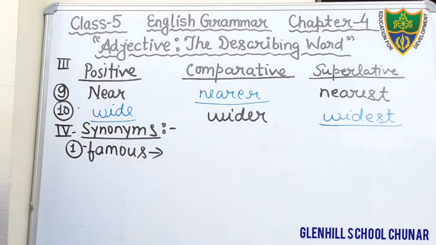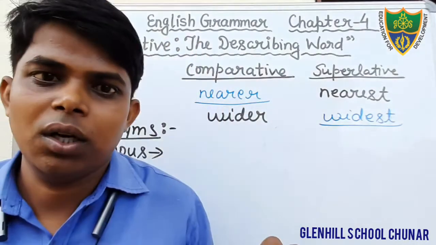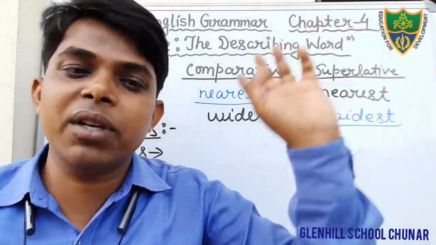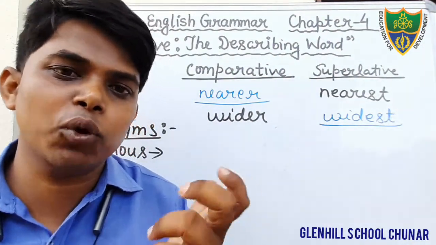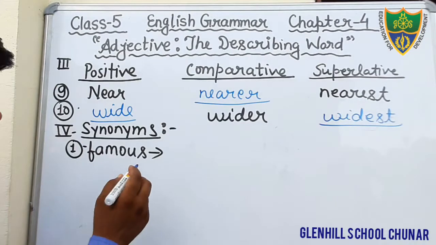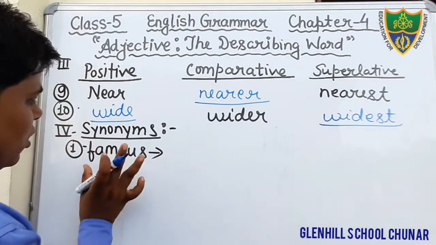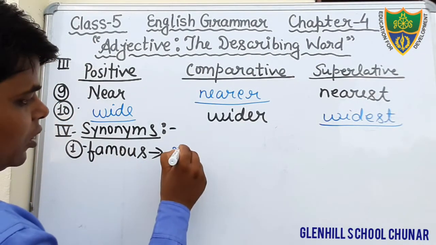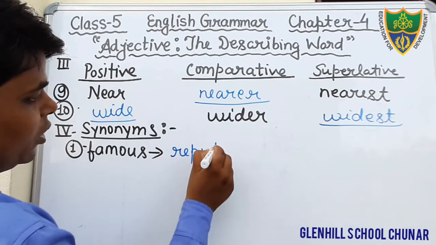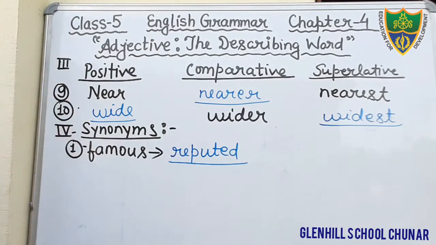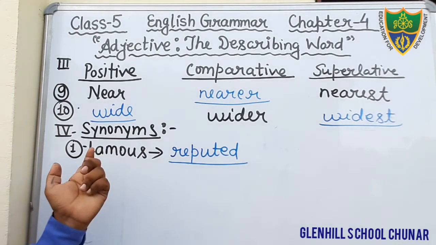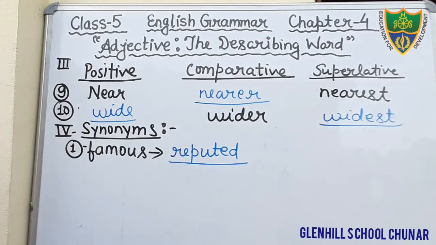we generally call he is very famous person. Okay, Mahatma Gandhi was a very famous leader. Here famous means reputed. Famous means reputed. So what would be the synonym for that word? Reputed. Just write down. Reputed. Just fill in the blank. Reputed. R-E-P-U-T-E-D. Okay? Reputed.